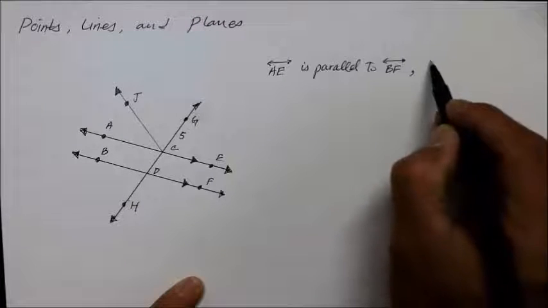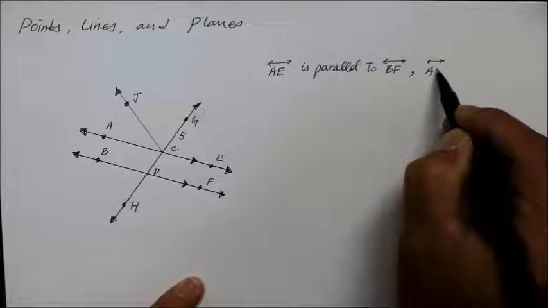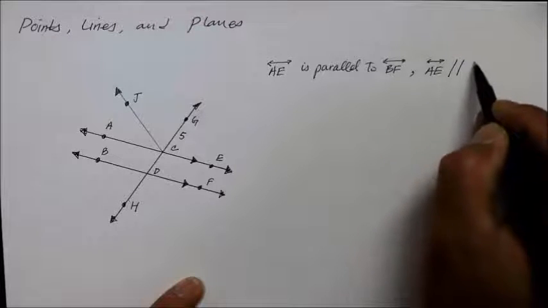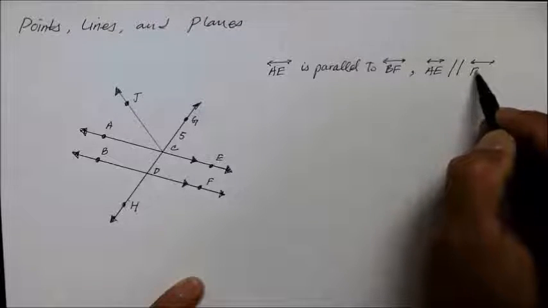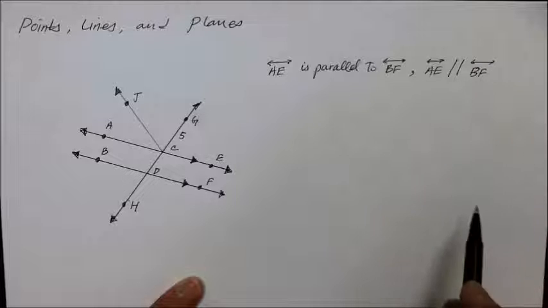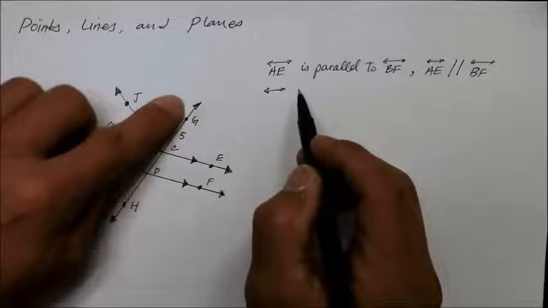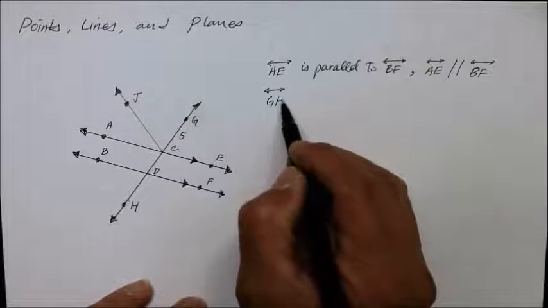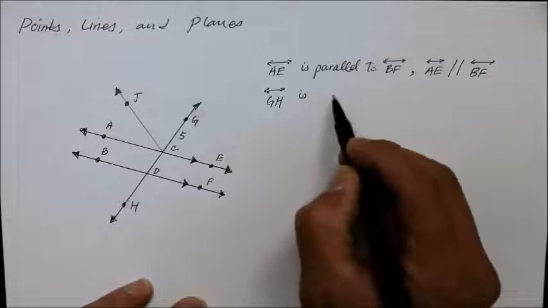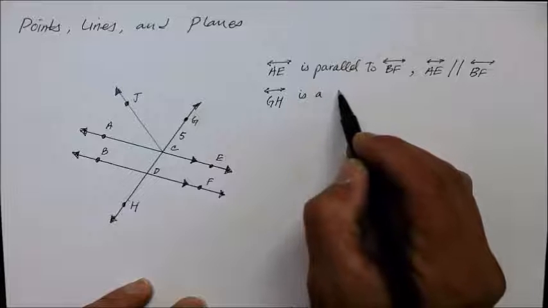Sometimes we could write that using the notation line AE is parallel to the line BF. It's the same thing. The line GH is called a